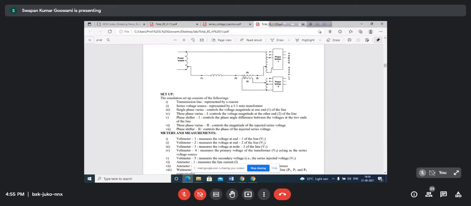That means this 5. This will be the secondary winding. For run 3, this will be working as primary, and this will be working as a secondary, because power will then be flowing in the reverse direction from 5 to 4. Okay,